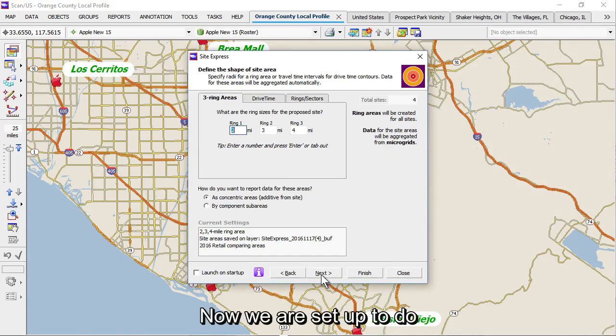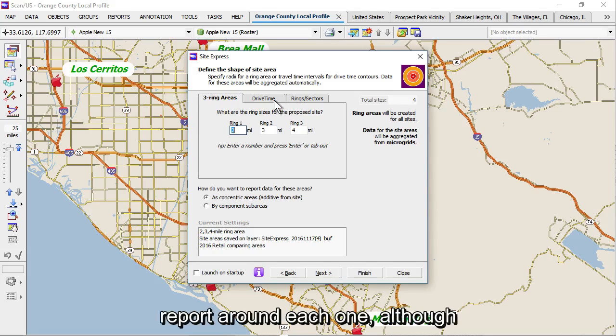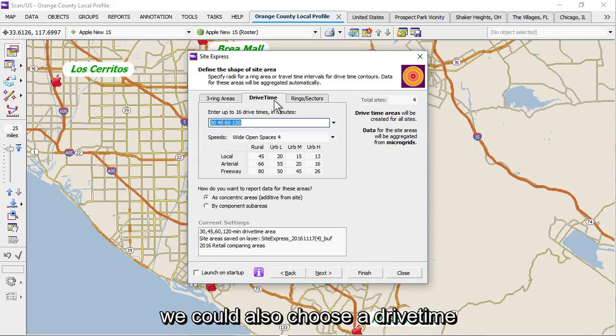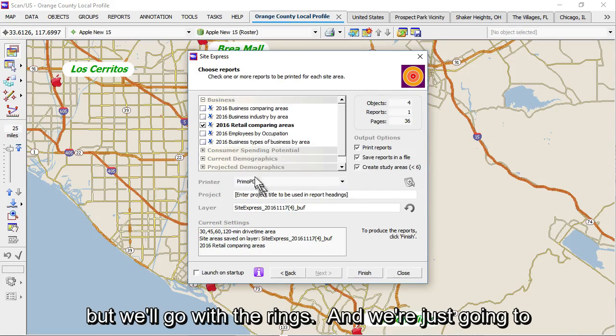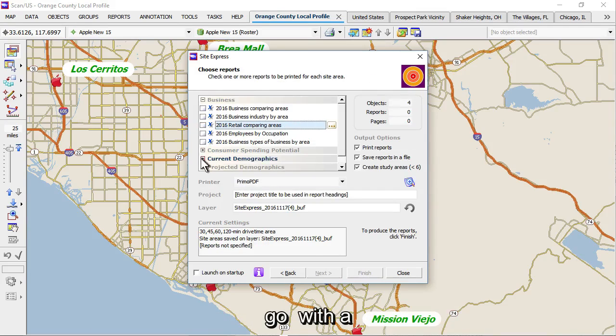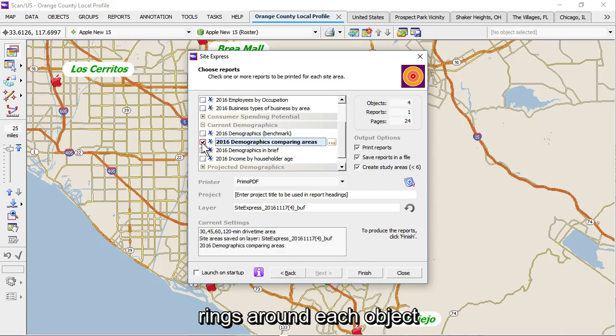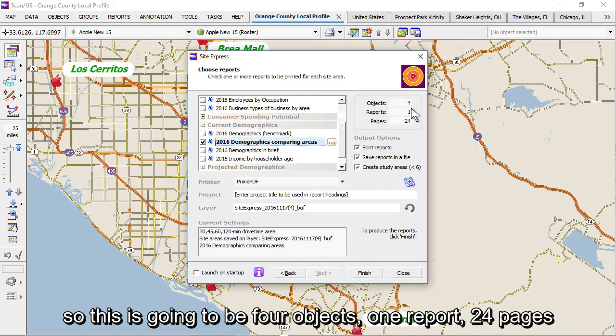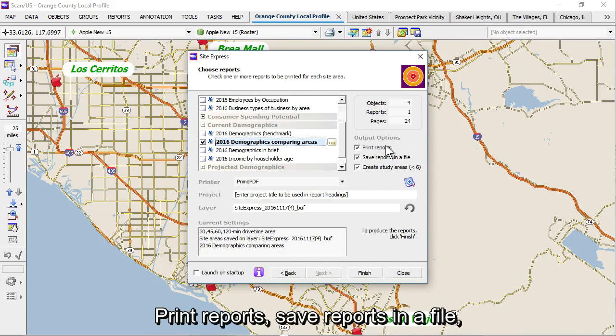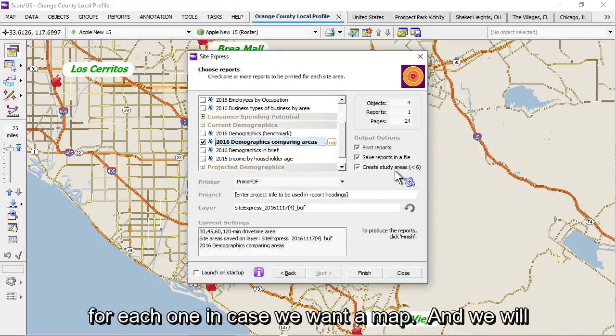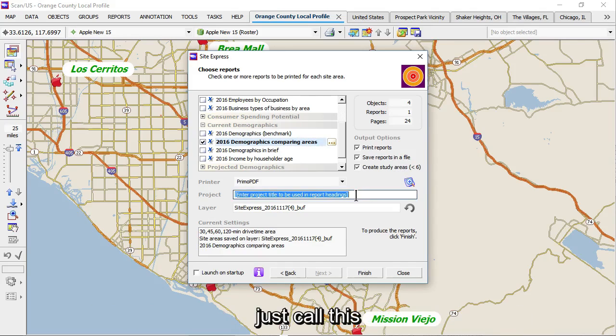And we are set up to do a 2, 3, and 4 mile ring report around each one, although we could also choose a drive time based on minutes. But we're just going to go with a current demographics report comparing the 3 rings around each object. So this is going to be 4 objects, 1 report, 24 pages. Print reports, save reports in a file, and create a study area for each one in case we want a map. And we'll just call this